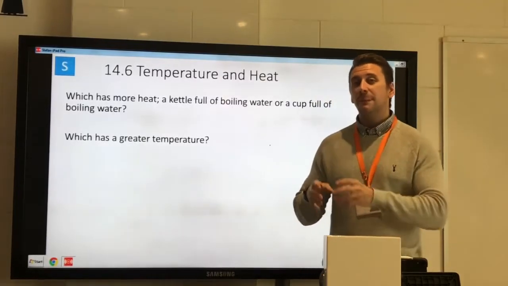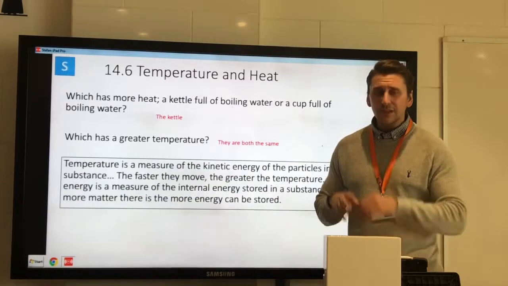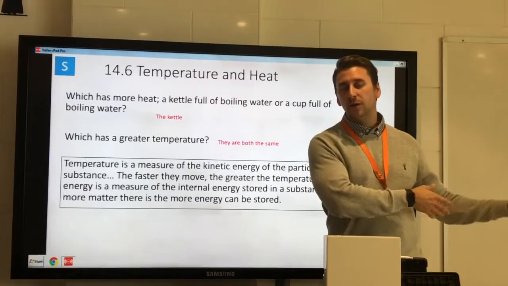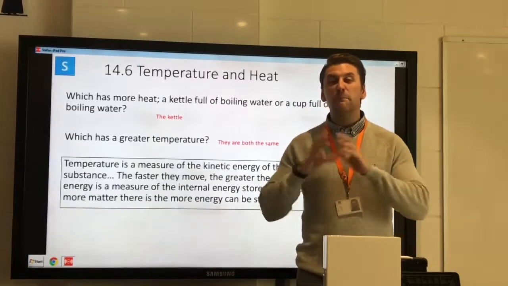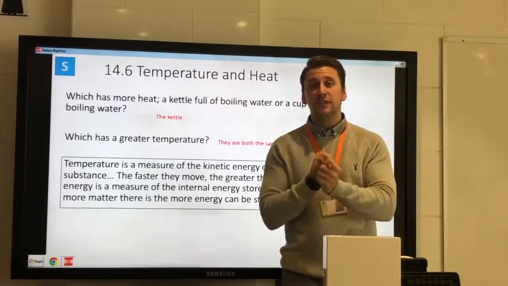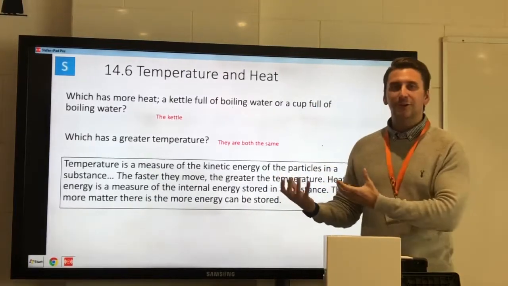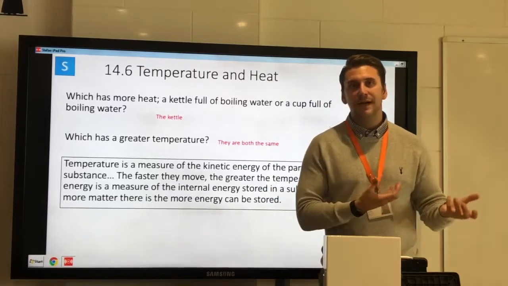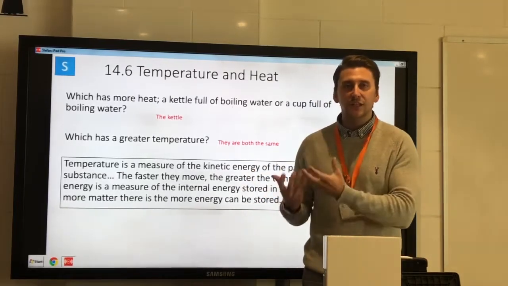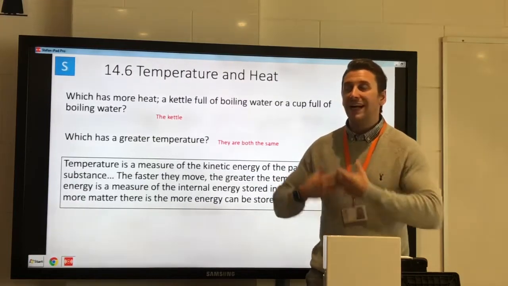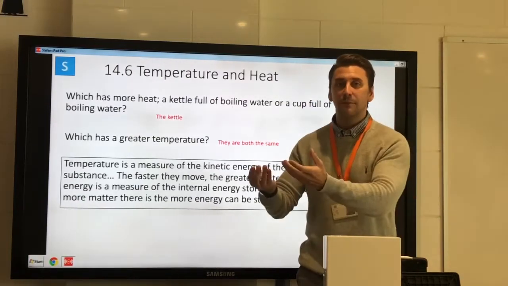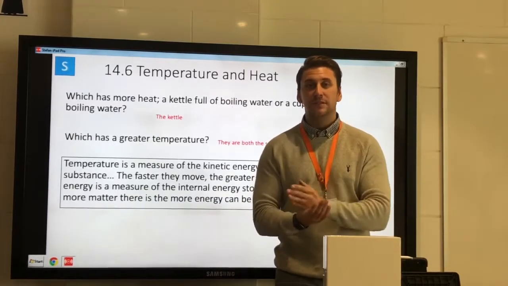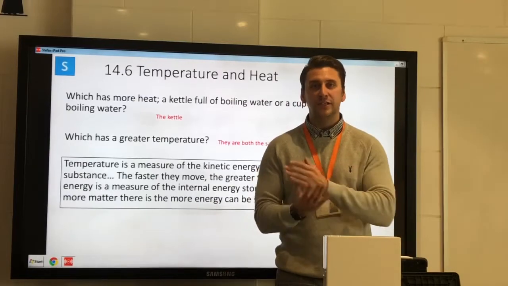Okay? Temperature is actually a measure of the kinetic energy of the particles in that system. So kinetic energy, all the way back in chapter 3, is the energy of an object moving based on the mass and the velocity of that object. So if the particles in a substance are moving faster for the same mass, because a particle has the same mass no matter what, then the kinetic energy that that particle has is greater. If it has a greater kinetic energy, it has a greater temperature. Temperature is specifically the amount of kinetic energy a substance has, that the particles themselves, on average, have.